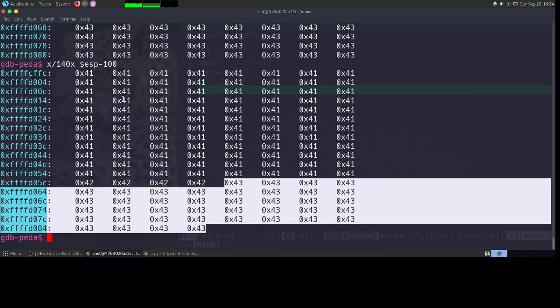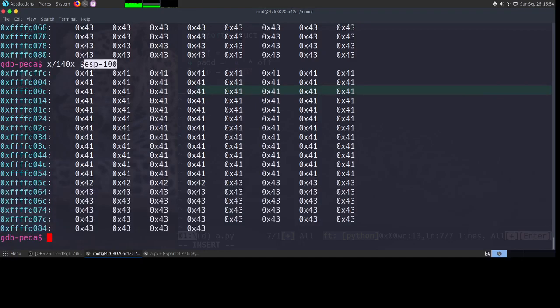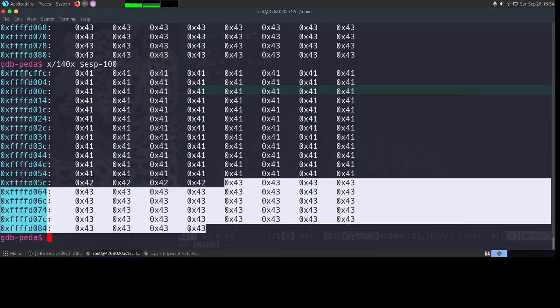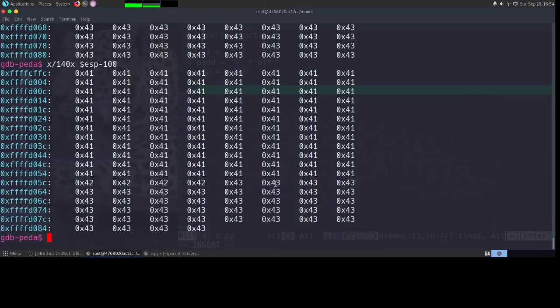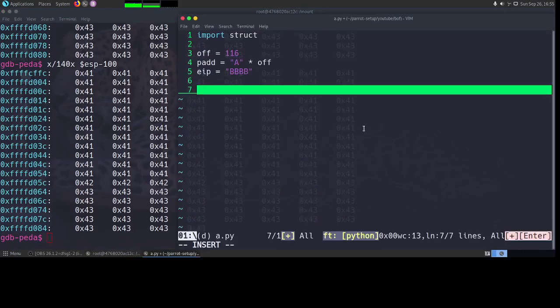But as we have just verified, the ESP is actually pointing to the 43s that we had in our buffer. So what we can do is put our shellcode just after the EIP.